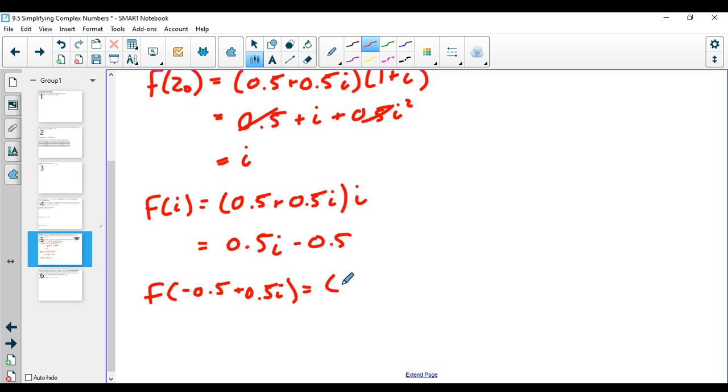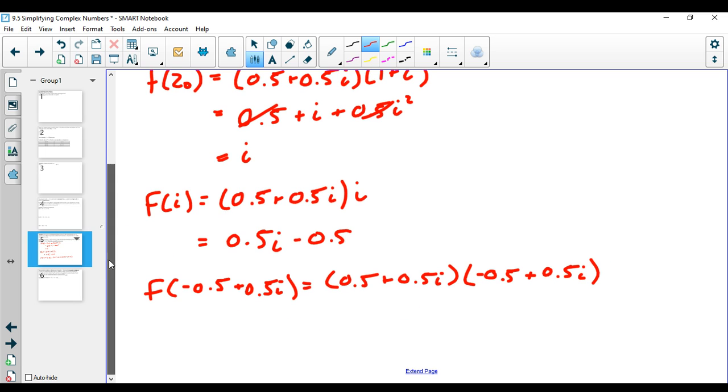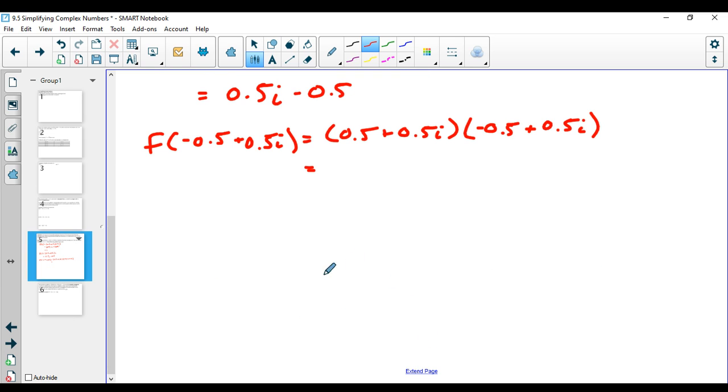So now we're going to do 0.5 plus 0.5i times z, which is now negative 0.5 plus 0.5i, which is going to get us, this is actually a difference of squares, but I will do the multiplication out anyway. This would be negative 0.25